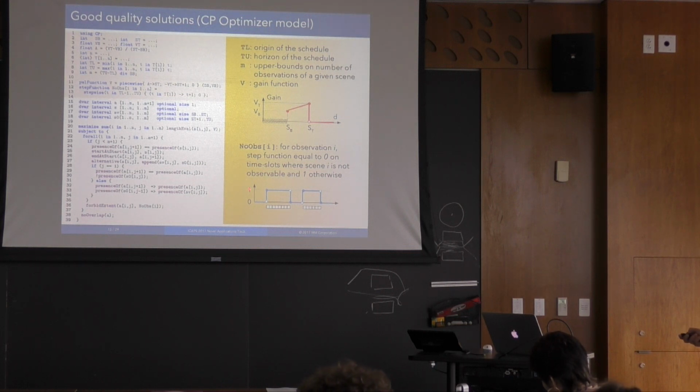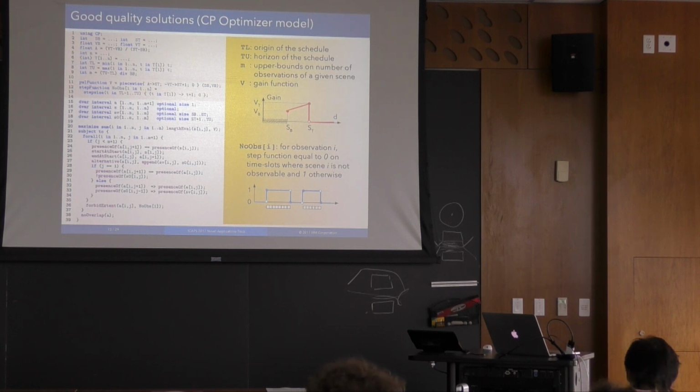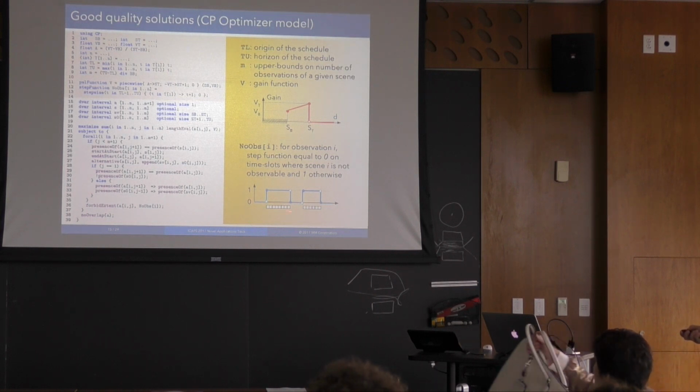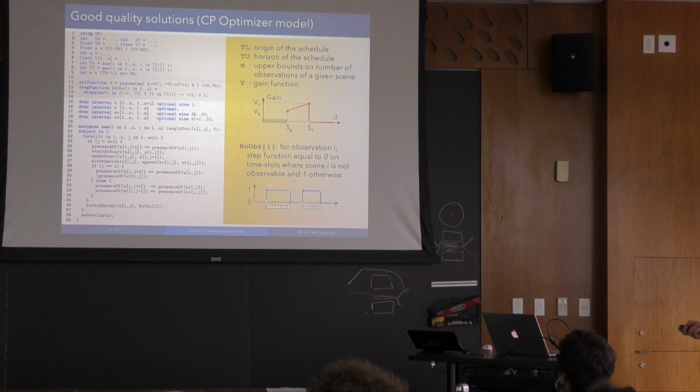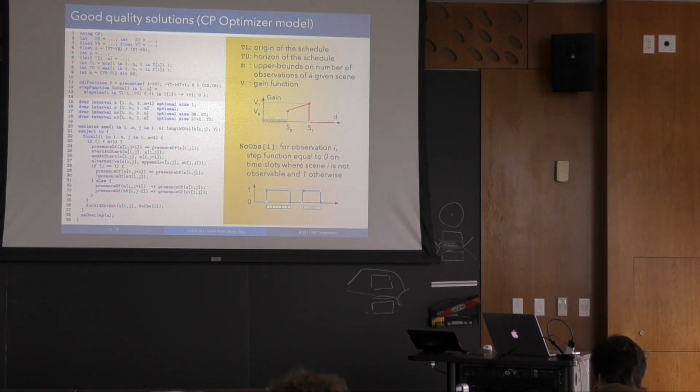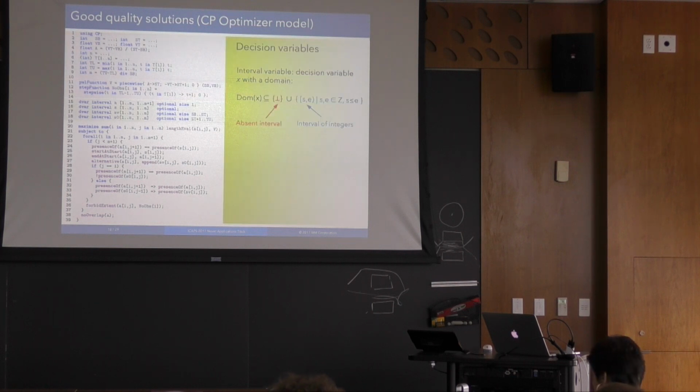We can also define a piecewise linear function that will describe whether or not a scene is observable at a given time point. What's interesting here in this model, we never enumerate the time points, okay? We use functions, so this function will have a number of cells which correspond to the number of observability periods. There is never discretization inside of a number of time slots. And the same, of course, for here. Okay, so now let's go into the model itself.